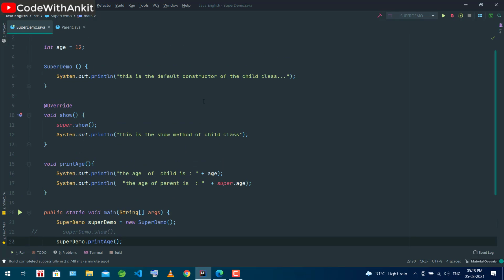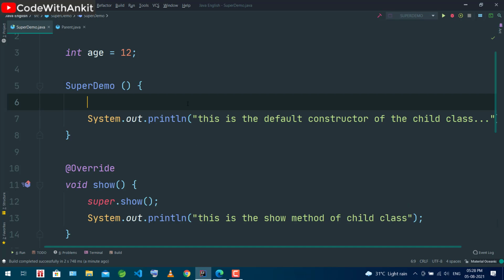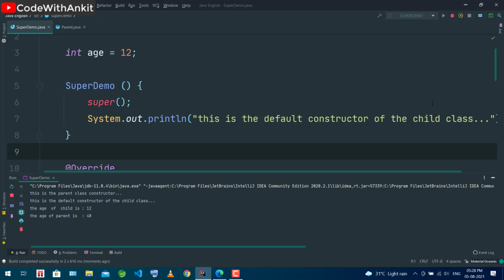Inside the constructor of the child class, on the very first line, on the very top, you just have to write super. If you write super here and rerun the program, you will get the required output.